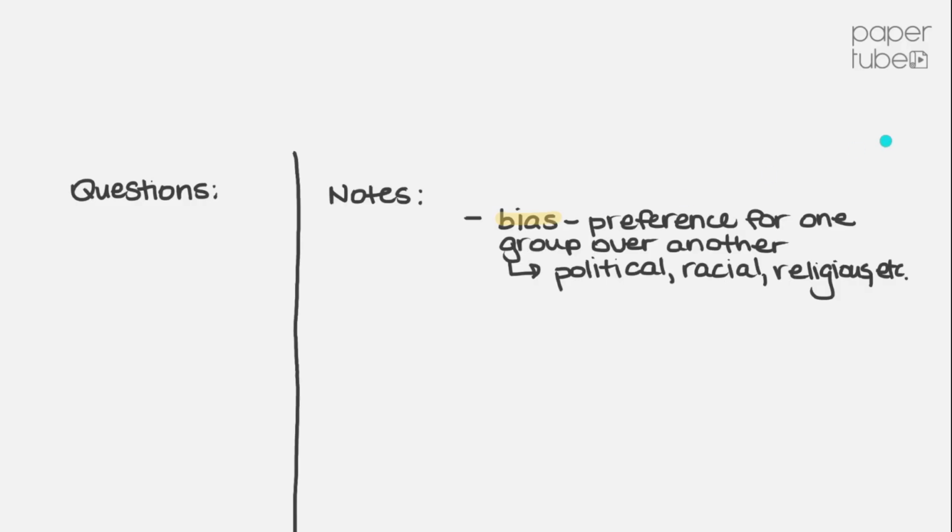And just so you guys understand what bias is: it's when the author has a preference for one group over another. And everybody has a bias. Everybody has their preferences for certain things, right? We just have to be mindful of that when we're reading an informational text so that we kind of gauge